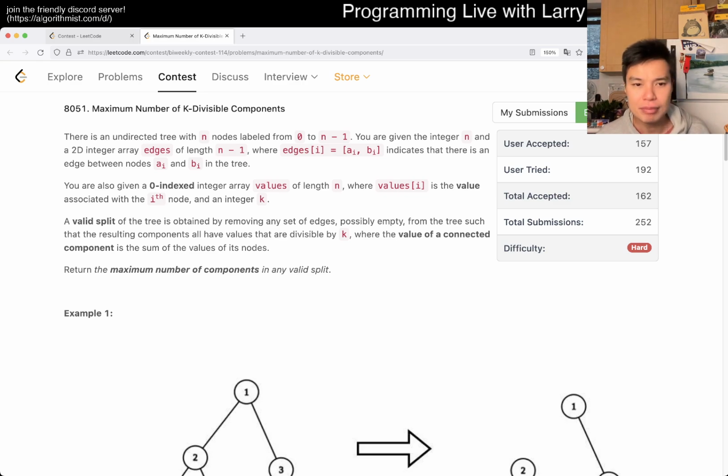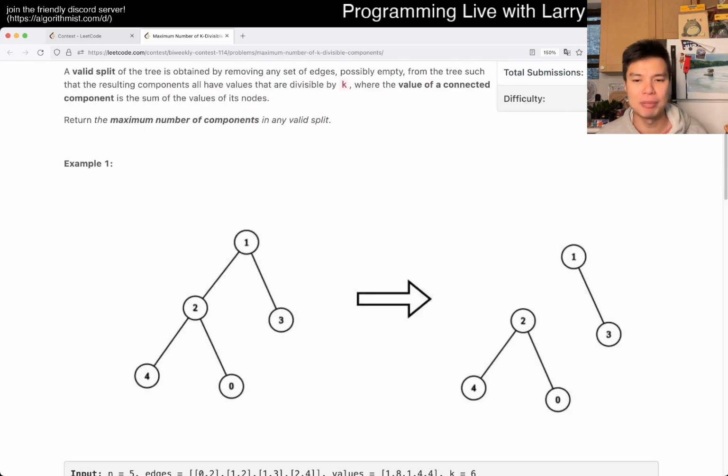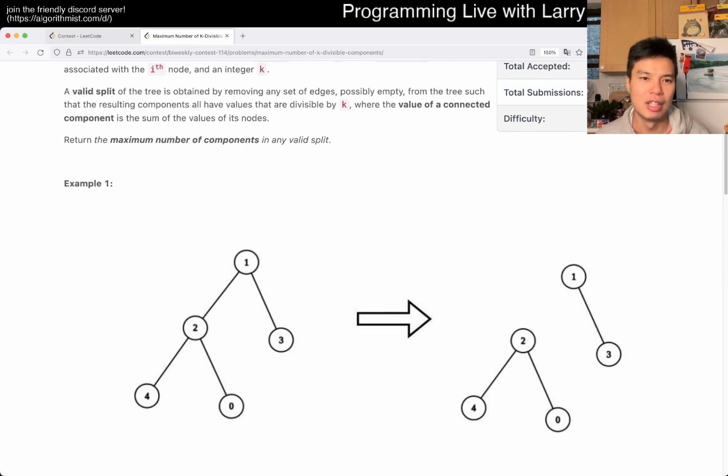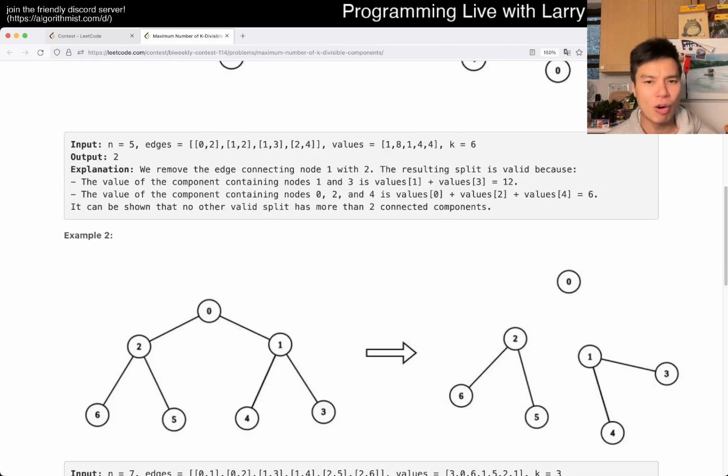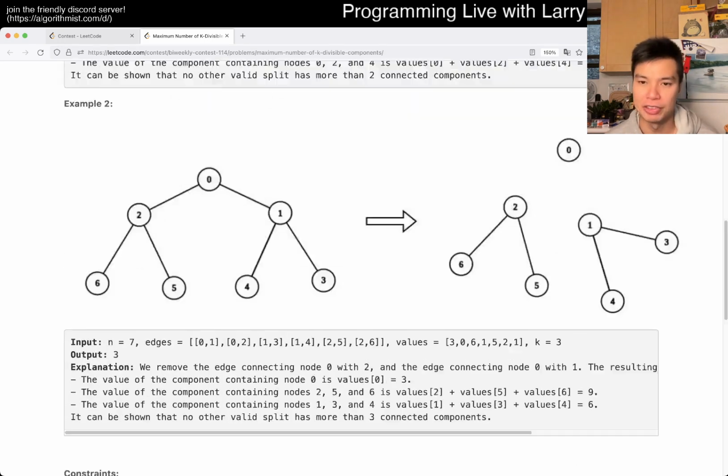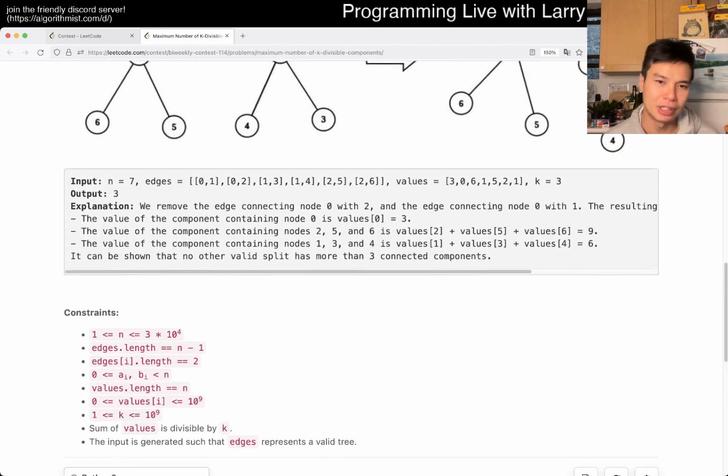But basically, for this problem, you're trying to divide a tree or a graph that is a tree into connected components where the sum of the values are k, right, for each of the components. So that's basically the idea. And I think the hardest part about this problem is just really the visualization, because the code is pretty straightforward